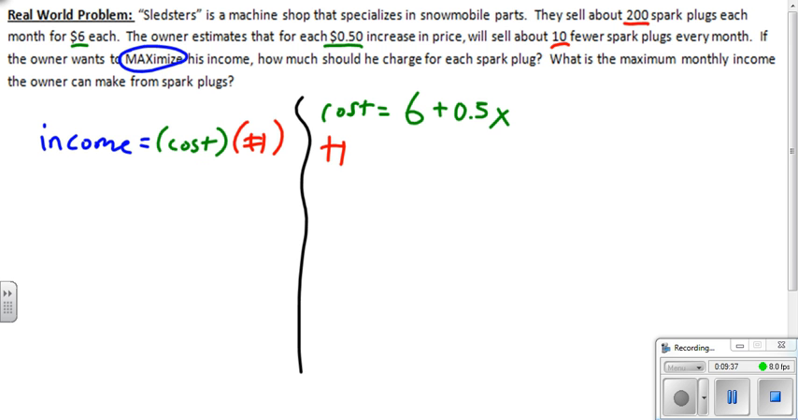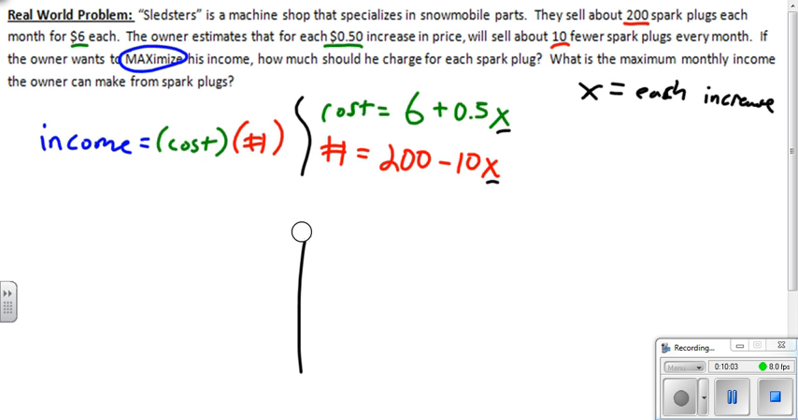Now, the number of how many he sells, remember he started selling 200, but that's going to go down 10 for every increase. So our x values in this case is each increase. Okay? Once we have this information, suppose I can get rid of that, we can just plug this right back into